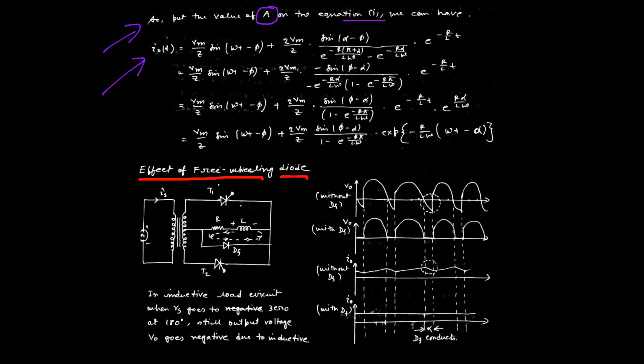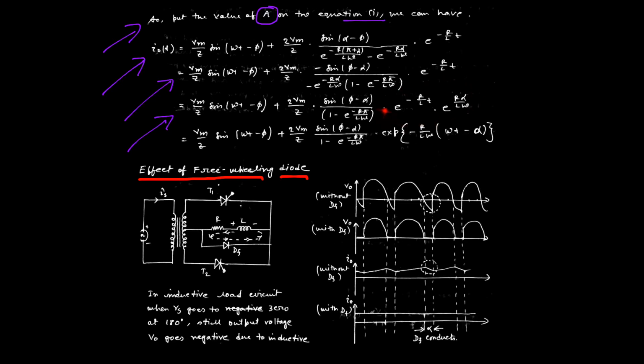That is why under the bracket we get this term. Okay, that is why we can simplify the equation: Vm by Z sine(omega t minus alpha) plus 2 pi by Z into sine alpha sine(phi minus alpha) into the bracket of minus 1 minus e to the power minus R pi by L omega. We have taken this e to the power minus R alpha by L omega term as the common part, and we